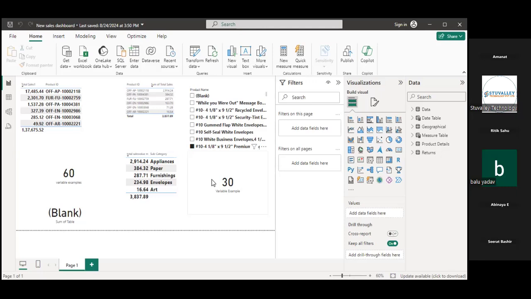That is my sales for year to date. If I want to check month to date, what will it give us? What is the current month? August. It will give me data from 1st August till today's date. With the help of year to date and month to date we are able to check that. Also, if we want to check quarter to date, we have one function for that, QTD, that is quarter to date.